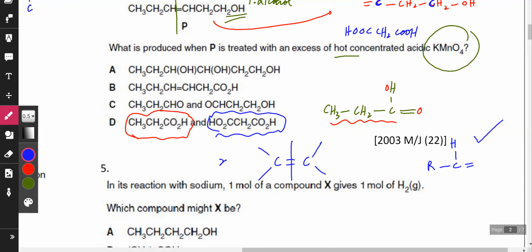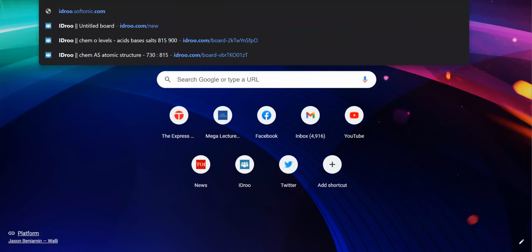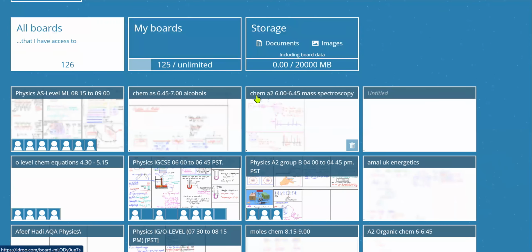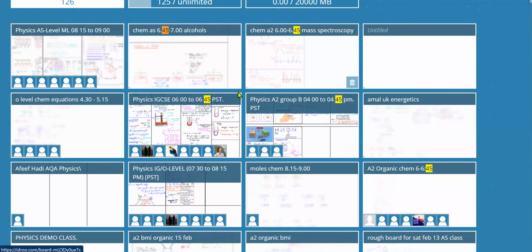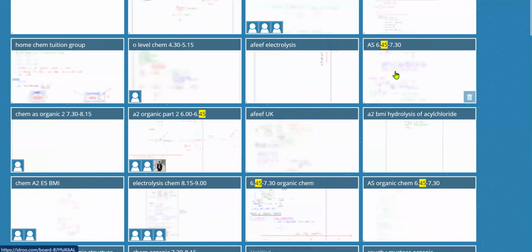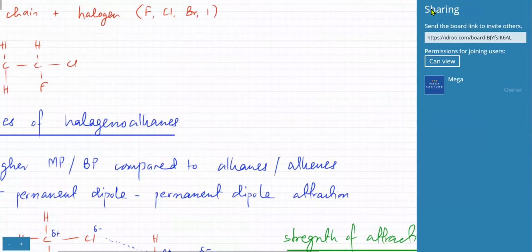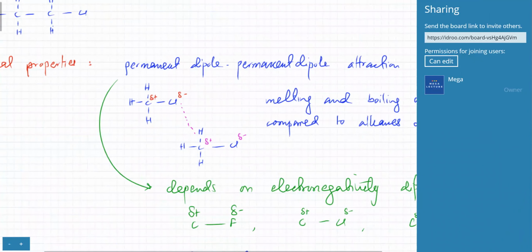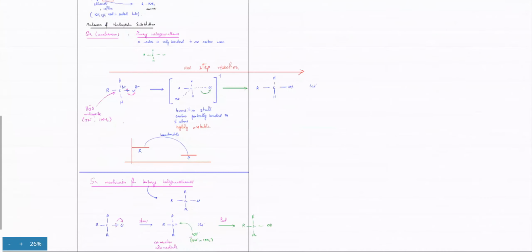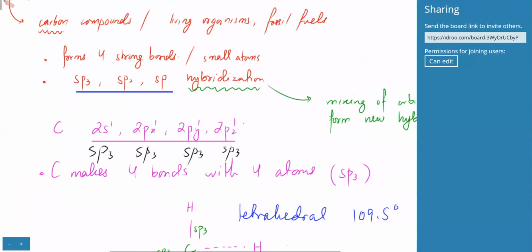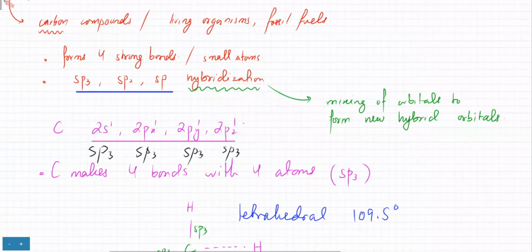Not really. Just a second. Let me. So you probably did this before halogenoalkanes. This is halogenoalkanes. Before that, we were doing alkenes. This is still halogenoalkanes. Now, before this,